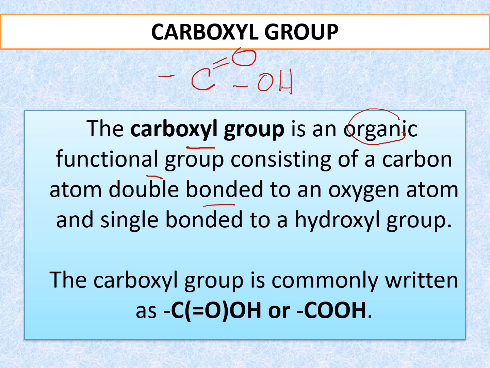I've already mentioned this one in the previous slides. So the carboxyl group is commonly written as C double bond O, OH in a shorthand version, or we can just simplify that one as